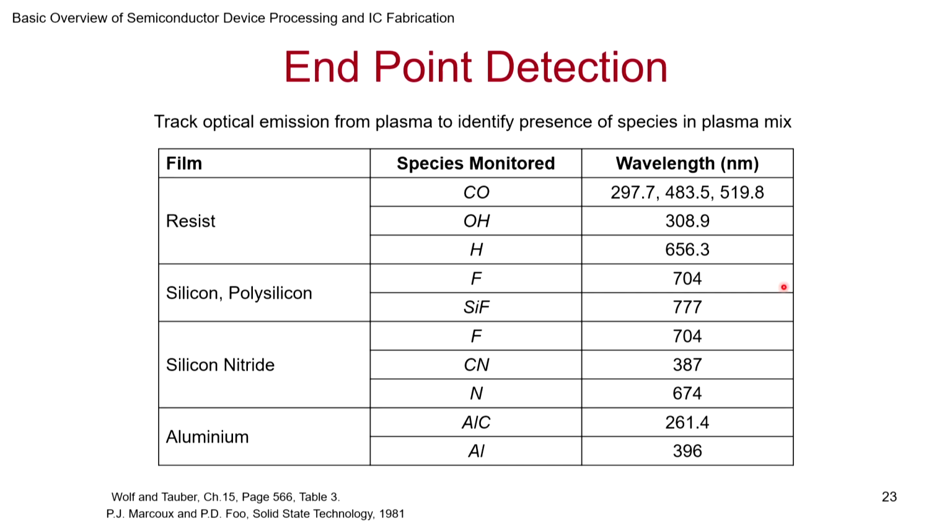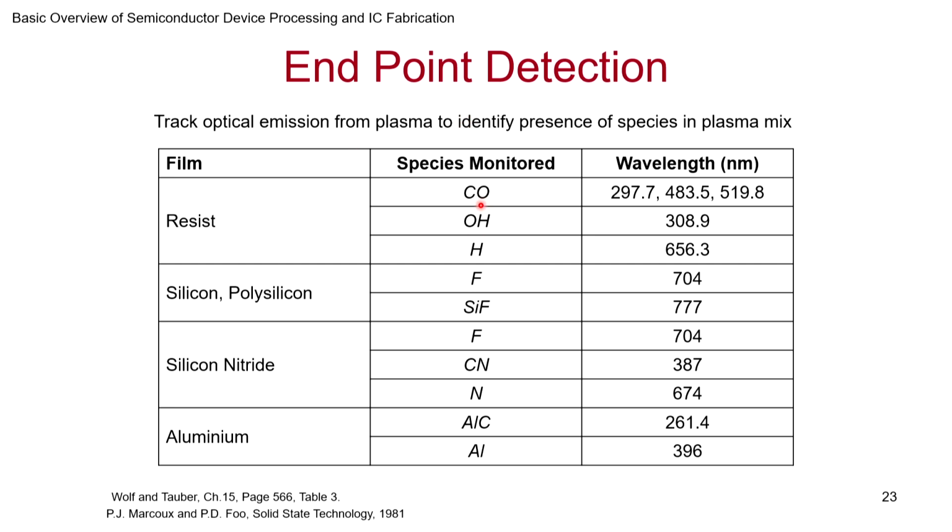So that means you know that the etch is over. That's the end point detection, they call it. You over etch it a little bit, because you never know, maybe the sensor may not be too accurate. You over etch it and then you stop it. So endpoint detection is a very popular technique that you use to know whether the etching has happened or not.